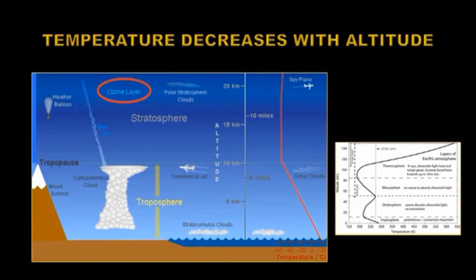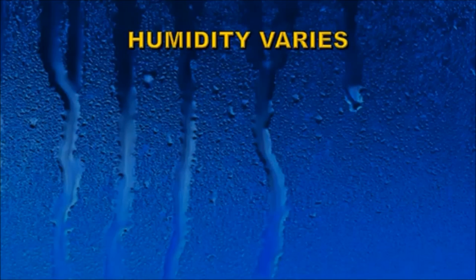Once you get above the stratosphere, into the mesosphere, there's no ozone left, so there's no heating, so the adiabatic cooling continues until you get up above 90 kilometers, where X-rays and extreme ultraviolet light is absorbed from the sun, and that again heats the atmosphere to much higher temperatures.